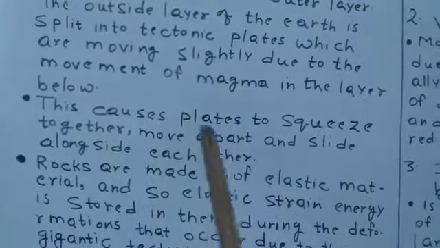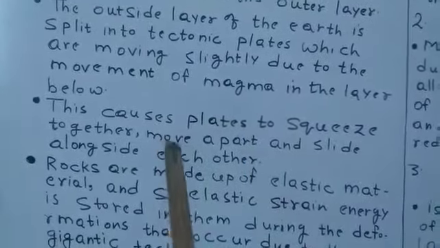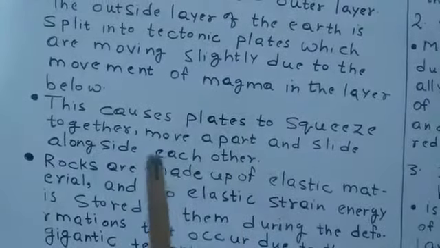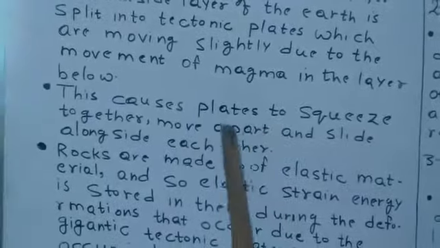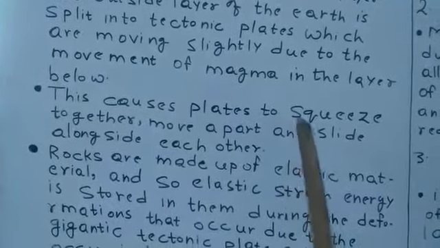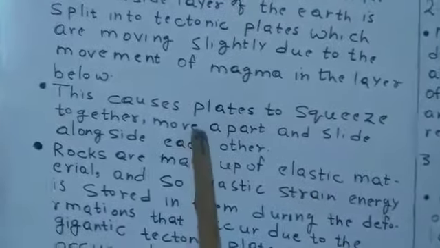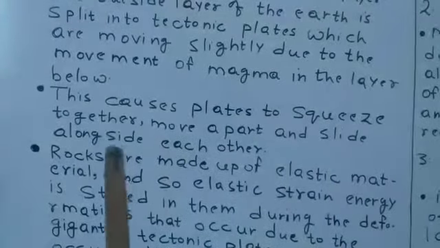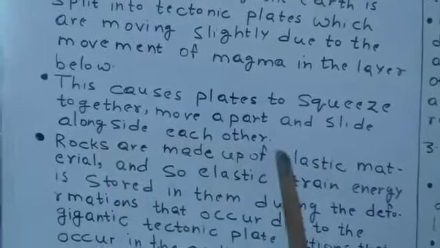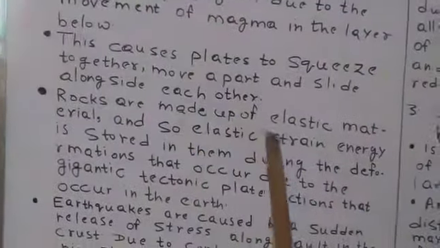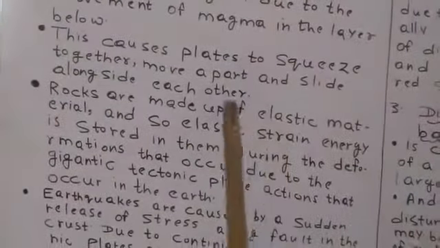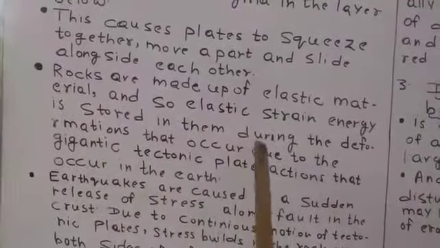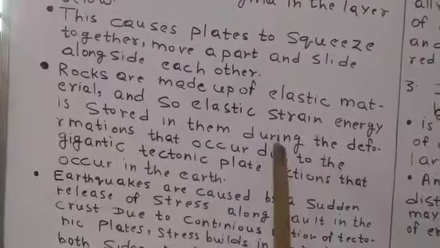This causes plates to squeeze together, move apart, and slide past each other, alongside each other. Rocks are made up of elastic material, and so elastic strain energy is stored in them during the